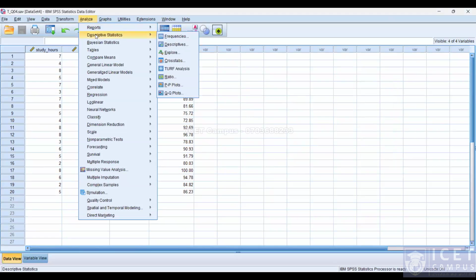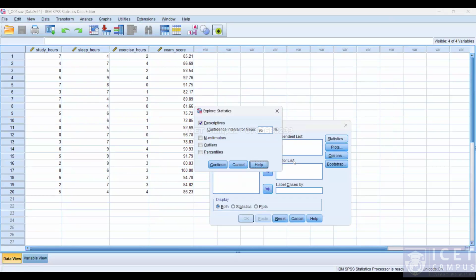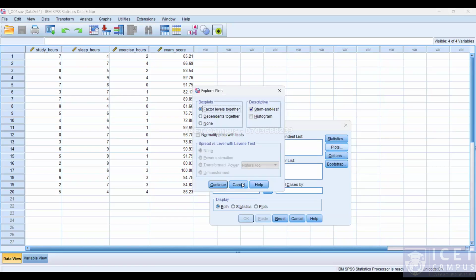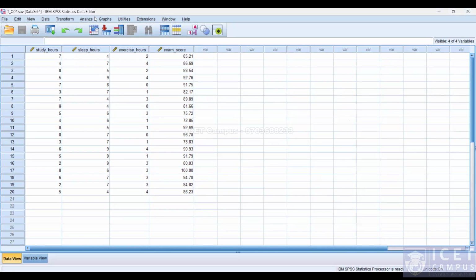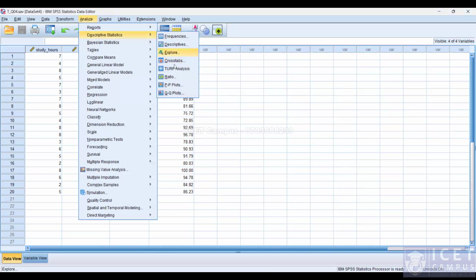Analyze, descriptive statistics. I will go for explore. Options. So then we can go again. Explore is also not suitable for that one. Analyze, descriptive statistics. The other one is